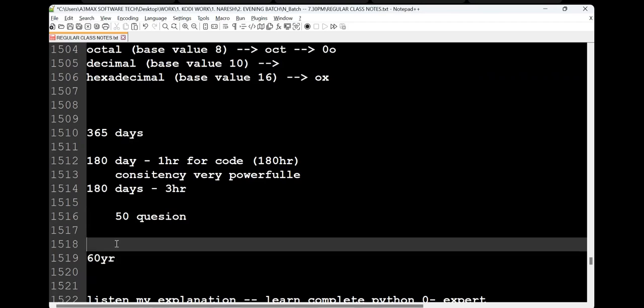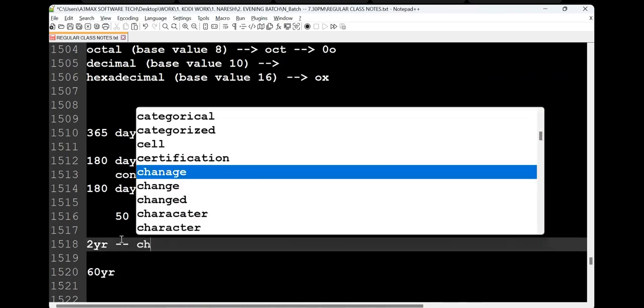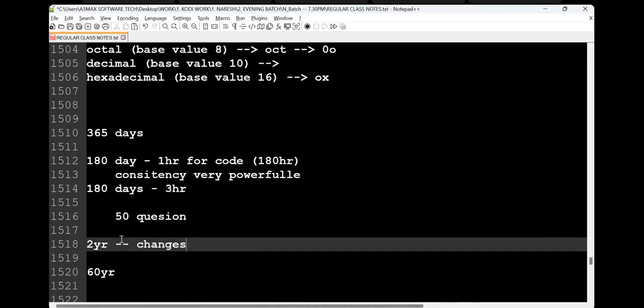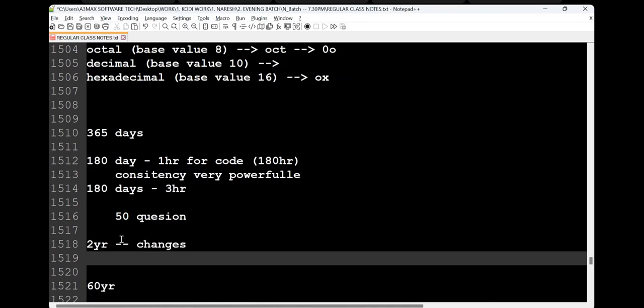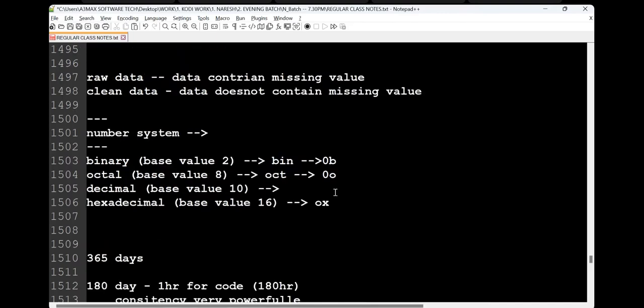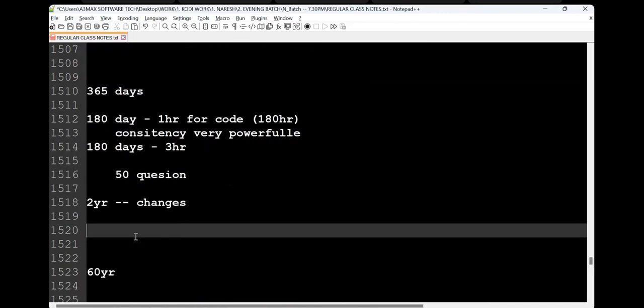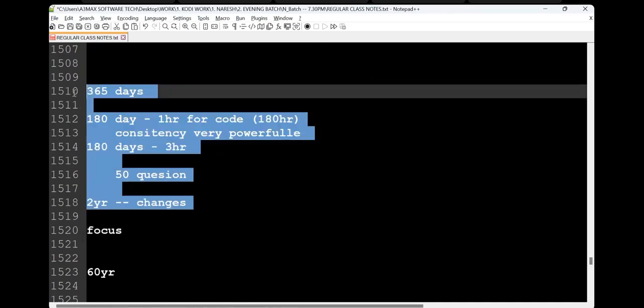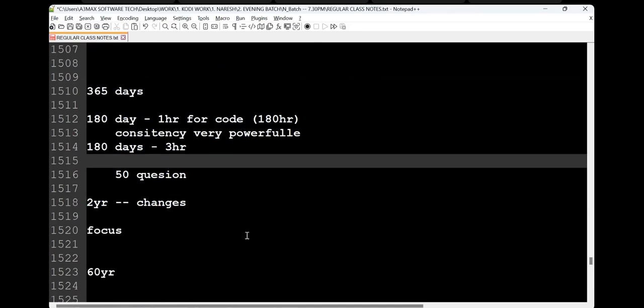So in 60 years, do this for 2 years, man. Do this for 2 years and see the changes. Understand? These things are not written in any book. Are you clear what I'm saying? If you have not coded for 60 years, just live it. Whatever happened, happens. Now, from today onwards, every day 1 hour. First, focus on the 6 months course, and then you follow this. Your life will change. I promise you.